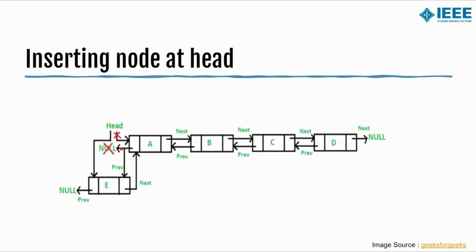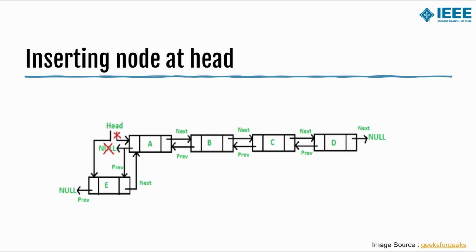So what exactly are we supposed to do? We are supposed to create a new object, a new node. We are supposed to make that particular node the head. So in order to make that node the head, the previous pointer of the old head should point towards the new node. That is the first thing to be considered. Secondly, we are supposed to make the next pointer of the newly created node point towards the previous head. And at last, we'll be initializing head as this new node itself, so that we'll be able to successfully insert a node at the start of the linked list that we have created, and the data will be accordingly visible to us.